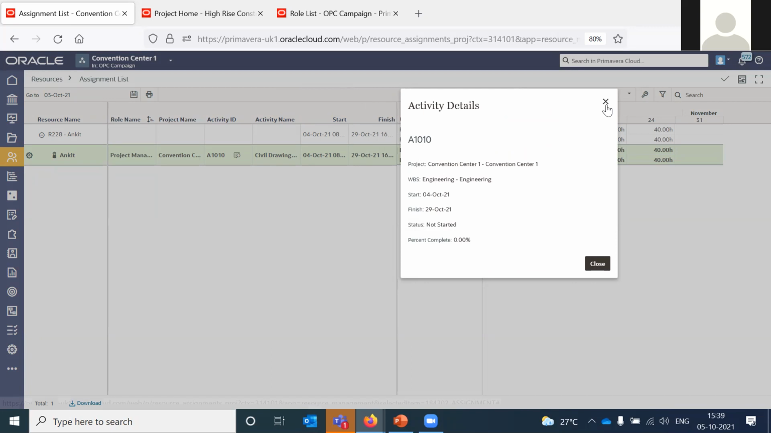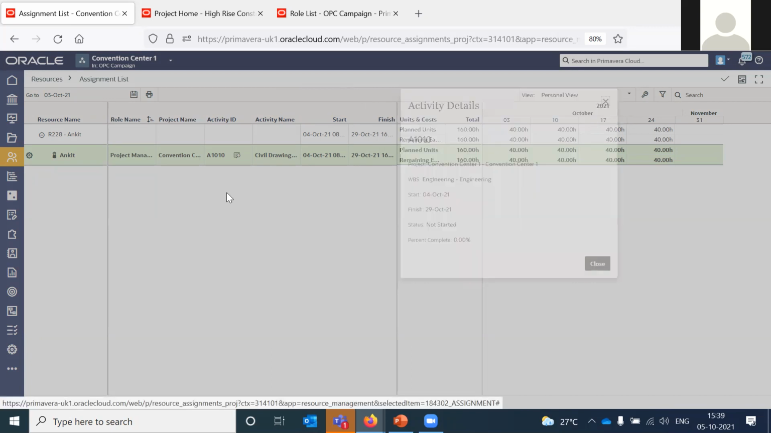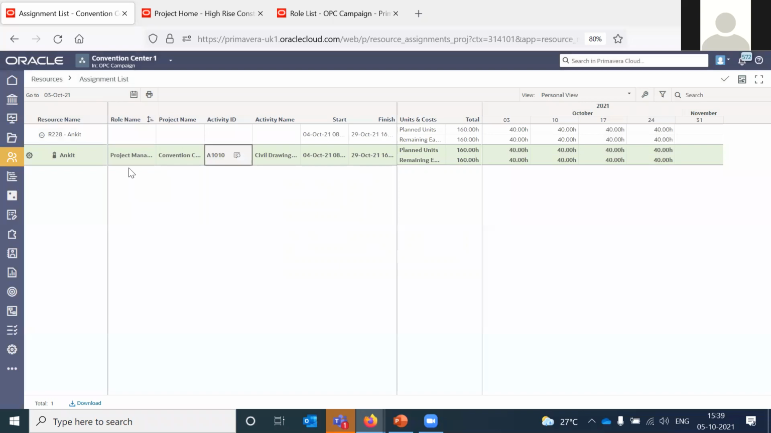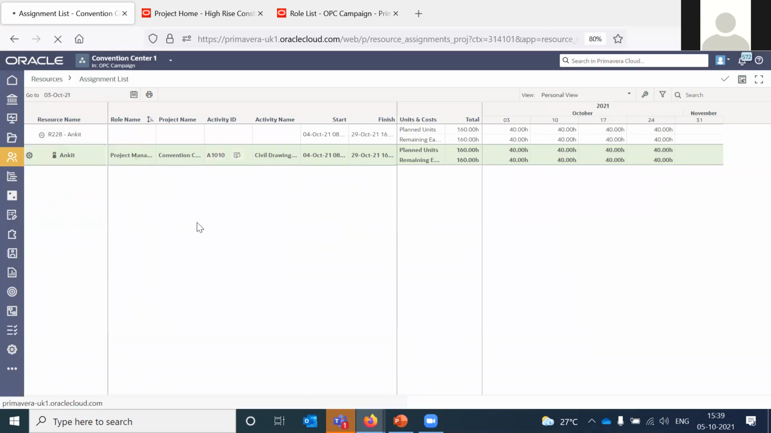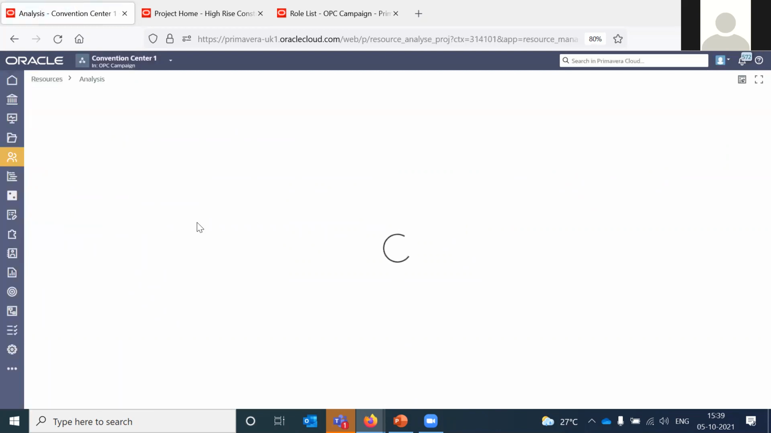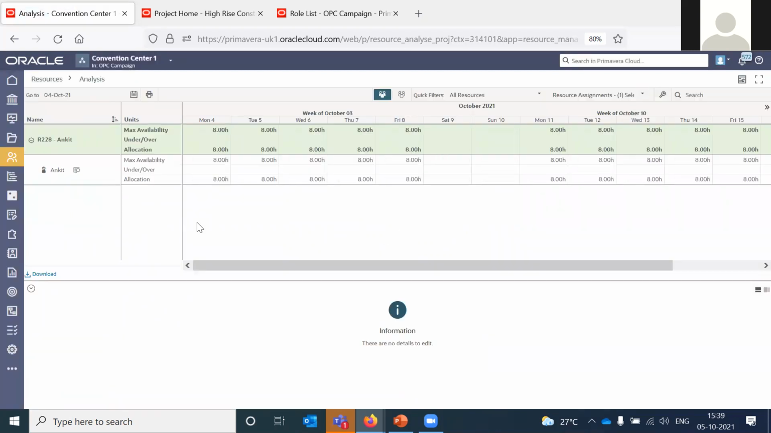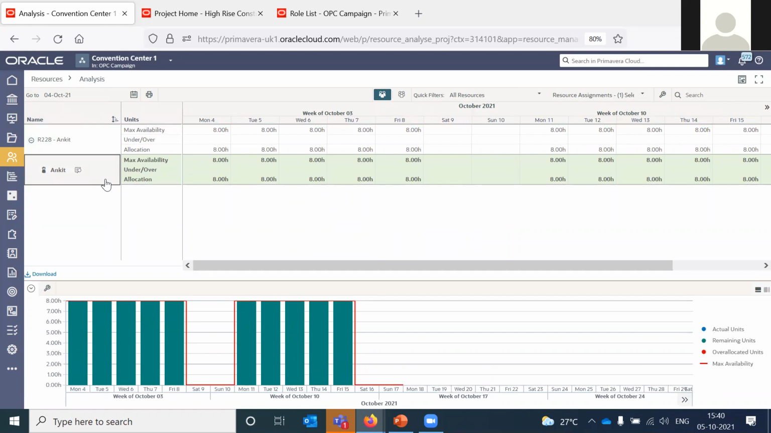So this is the assignment list page of a project. And then we can also go to the analysis page. This analysis page will show you information like maximum availability, allocation, over or under allocation. So right now, if I just look at this project and click on this resource,